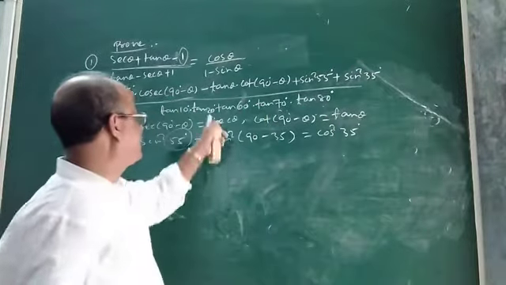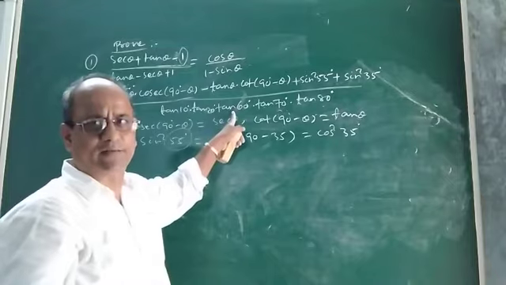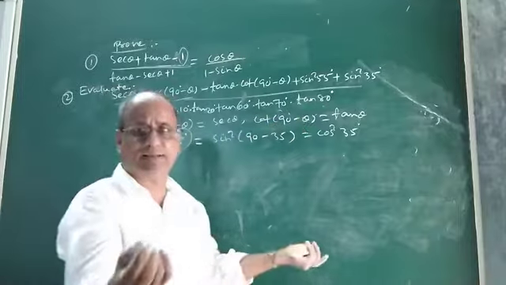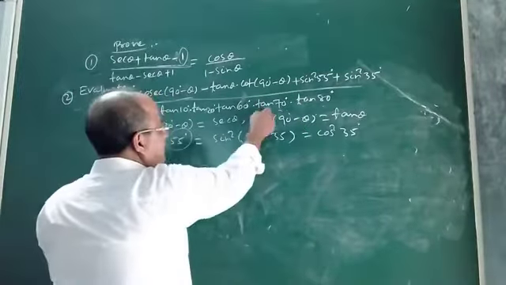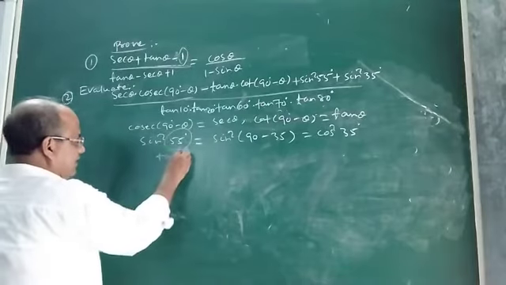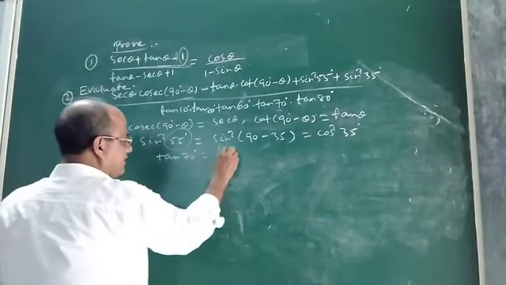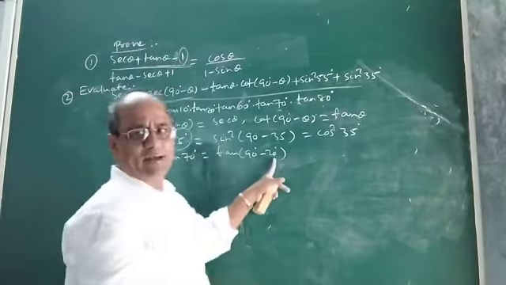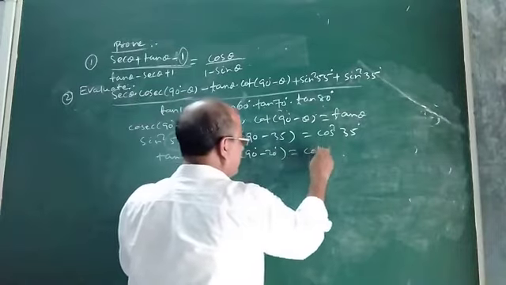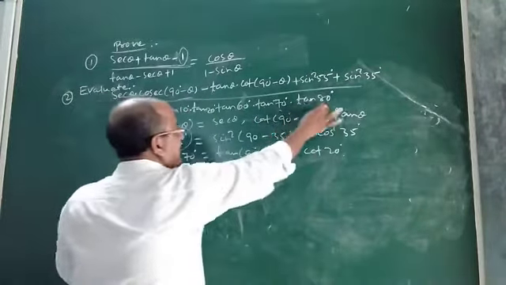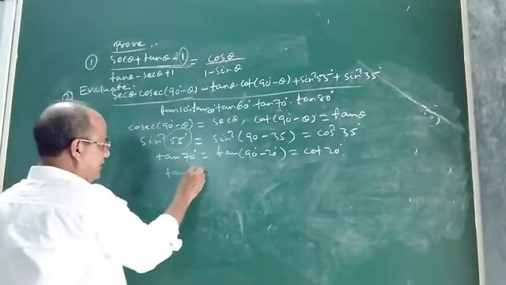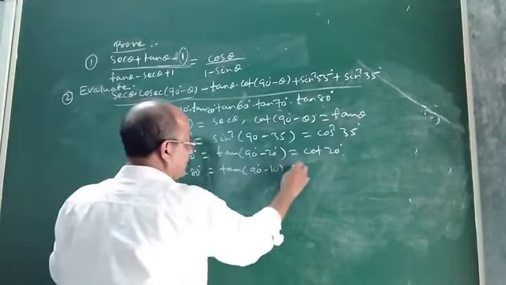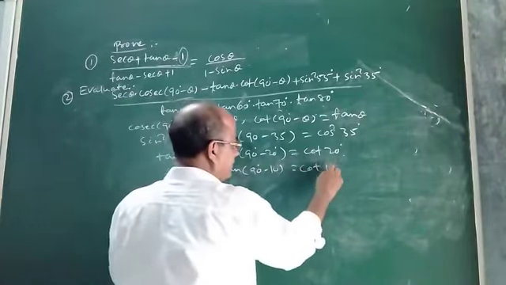Then you see, tan 60 value we know. We know what is the value of tan 60 degree. It is root 3. But tan 10, tan 20, tan 70, tan 80, etc., we do not know what are the values. Now you see, tan 70 degree can be written as tan 90 minus 20. And tan 90 minus theta is cot theta. So this will be cot 20 degree. Similarly, tan 80 degree can be written as tan 90 minus 10. So tan 90 minus 10 is again cot 10.